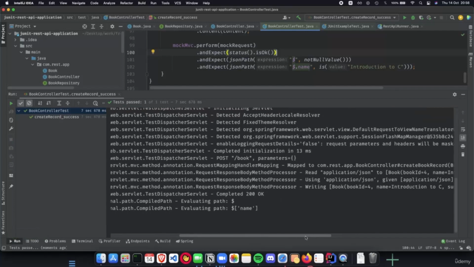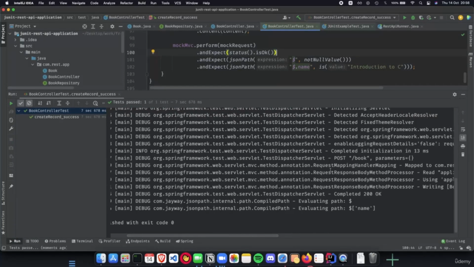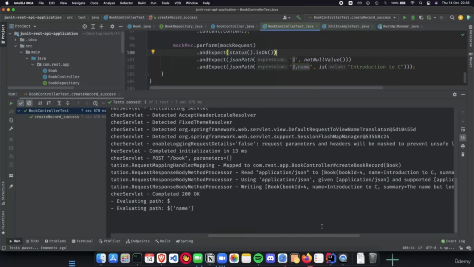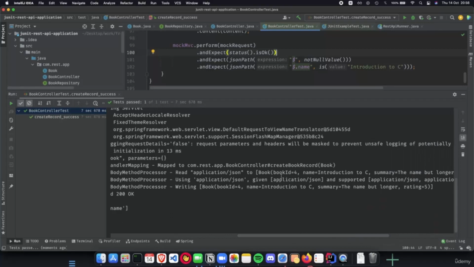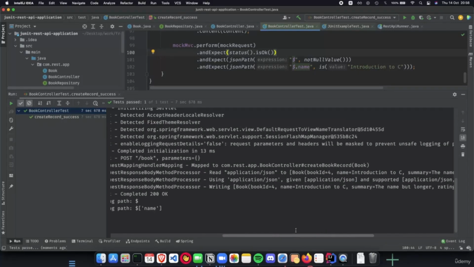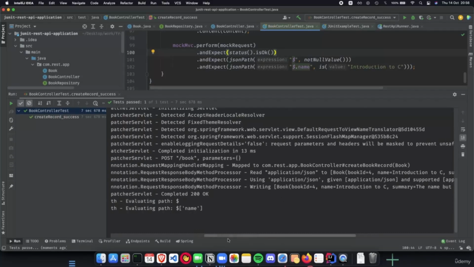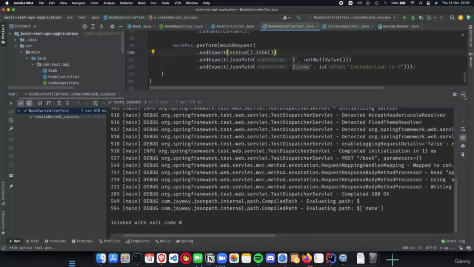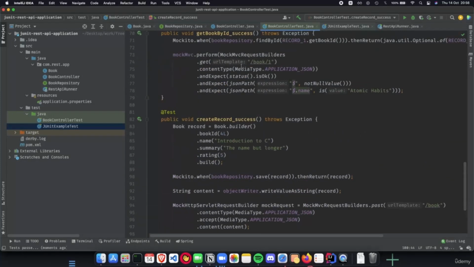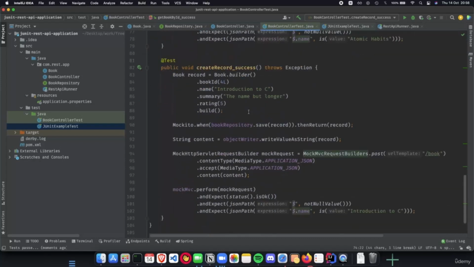Okay. So here, as you can see, we are doing a post request. We see that we are reading an application JSON, and for this particular string, we see what's supported by. We are writing or doing a post. We get back 100, and we then evaluate the path of the JSON. So here we did not go through this approach because we wanted to abstract out or make our code look